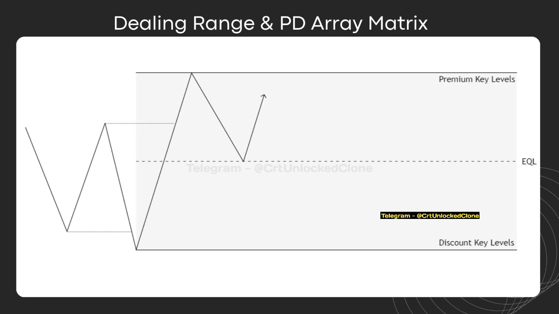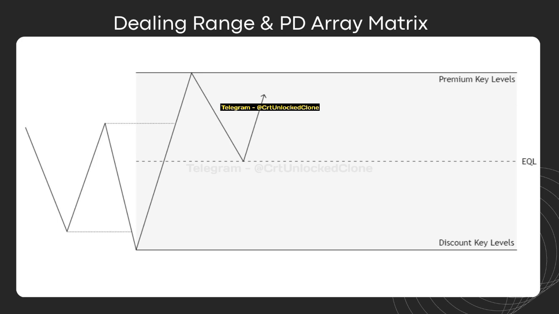This whole range of price taking out the range low or the swing low and then taking out the range high gives us a dealing range, and when this is divided into two halves, it gives us the premium and discount region. Now as I said before, the case study that we are analyzing here is in a bullish market condition, which means that the structure is bullish, or maybe the order flow is bullish. So now we're going to explain what price often does in such a market condition when price forms this sort of